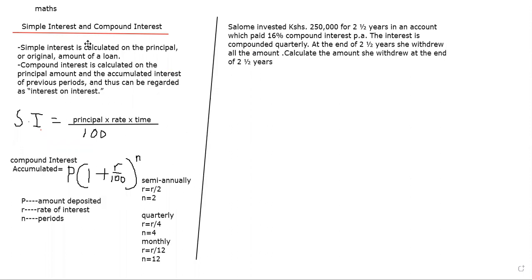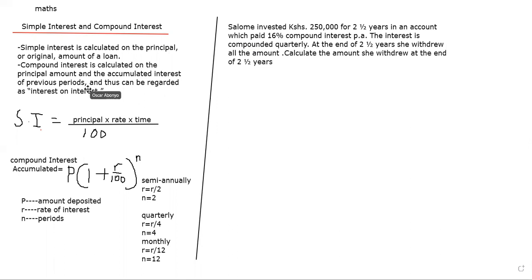Now, just to remind you, we were discussing simple interest and compound interest. Simple interest is normally calculated on the principal, or original amount, of the loan. If you take a loan or you put some of your cash in the bank and you want it to grow big, we call it simple interest. We calculate simple interest using the original amount of money that was deposited or borrowed, while compound interest, say compounded yearly,